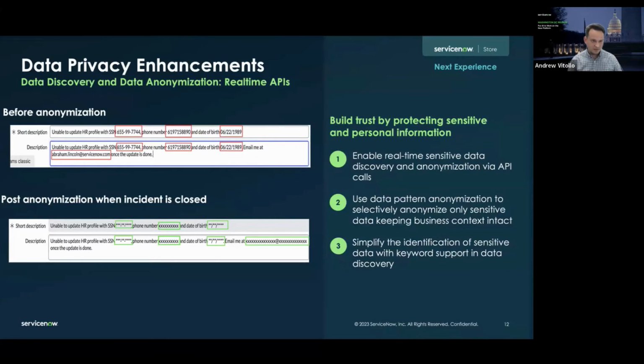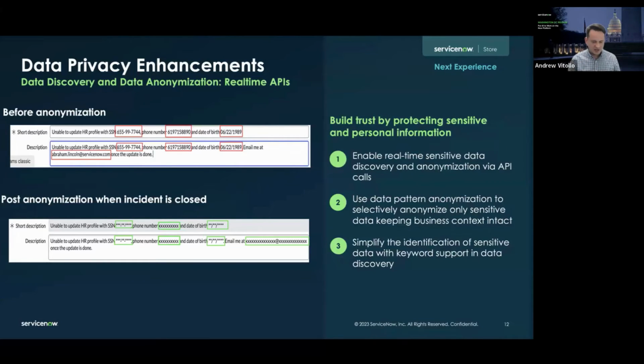Why is this important? Well, in the example here, we have the short description and we have a description. And again, we have some sensitive data there. At the time, an agent goes through and maybe they enter that information, maybe the customer entered it in there. The moment the update or commit has occurred, those APIs can be called through, for example, a business rule, and then the data can immediately be anonymized right at the time of the entry of the data.